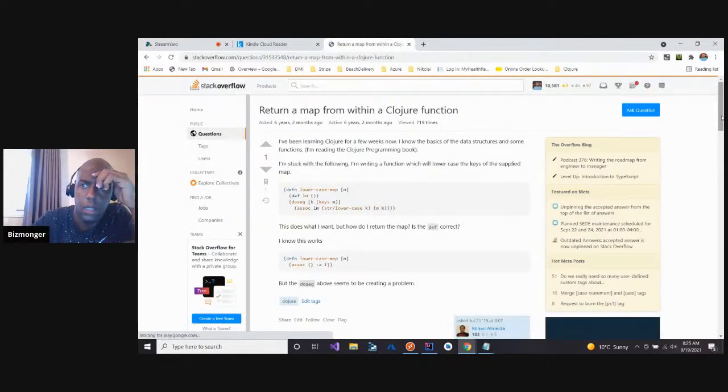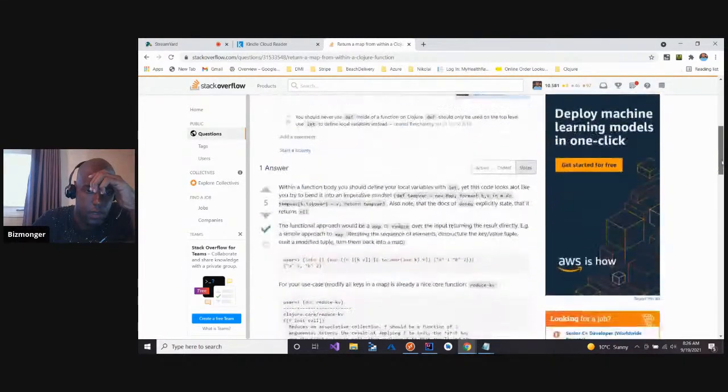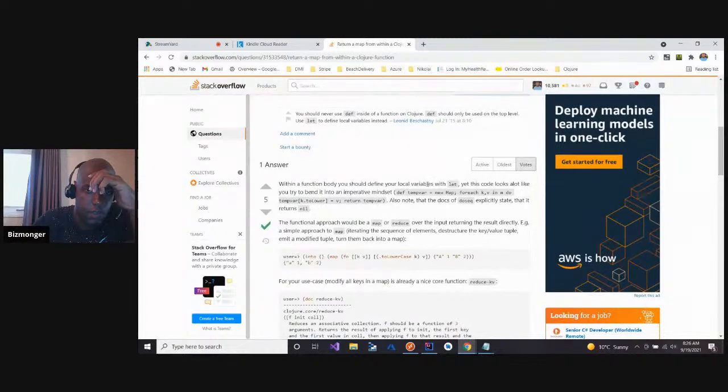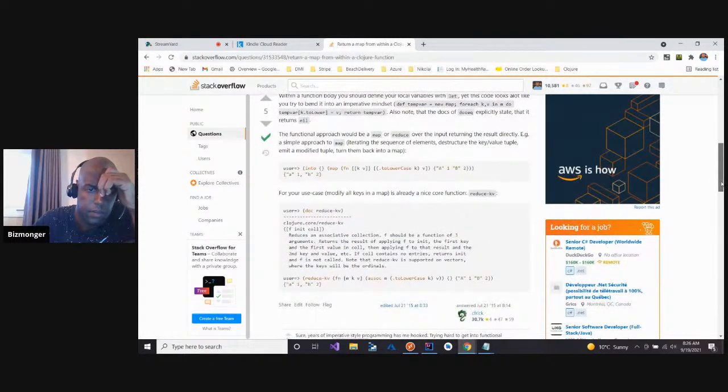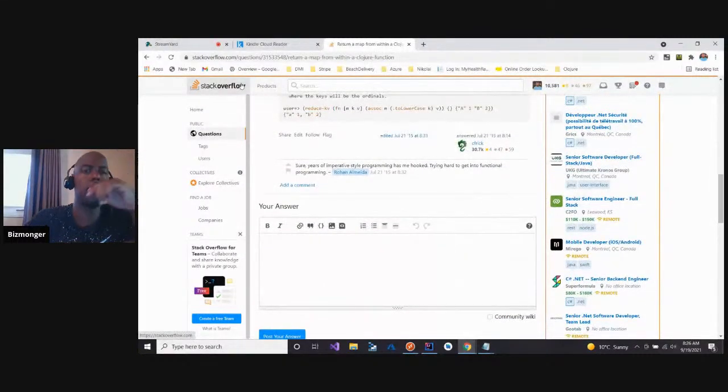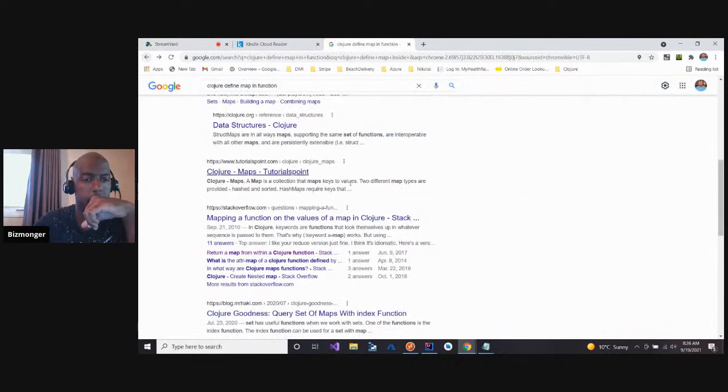Yeah. Okay, this stuff is cryptic to me. Within a function body, you should define your local variables with let. Yeah, this code looks a lot like you try to bend it into an imperative mindset. Def temp var equals new map for each k and do blah blah blah. Okay, I'm just looking for a simple syntax.